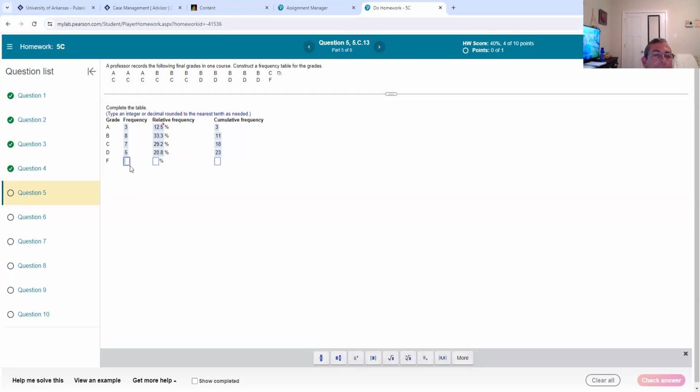All right, y'all, there's the Fs. Hopefully they're not as high, right? So I'm only seeing one F. So the relative frequency of one F is 4.2, good job. And y'all, my final cumulative frequency. Megan, good job. It's got to be 24 at that point because that's our total number of